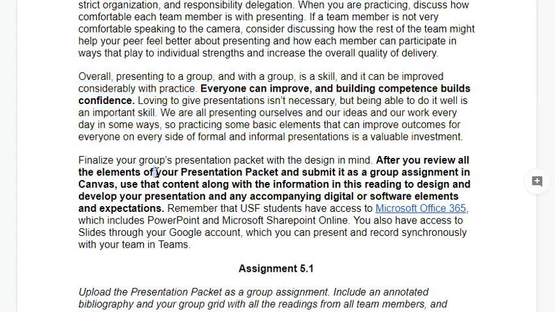Finalize your group's presentation packet with the design in mind. After you review all the elements of your presentation pack and submit it as a group assignment in Canvas, use that content along with the information in this reading to design and develop your presentation and any accompanying digital or software elements and expectations. Remember that USF students have access to Microsoft Office 365, which includes PowerPoint and Microsoft SharePoint online. You also have access to slides through your Google account, which you can present and record synchronously with your